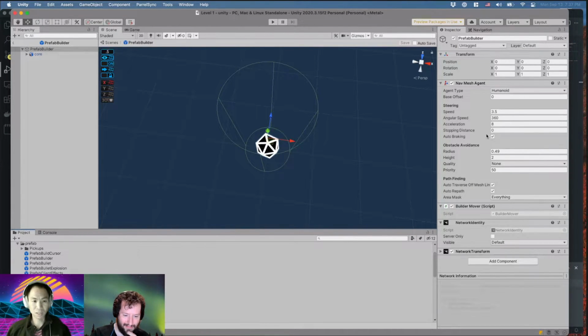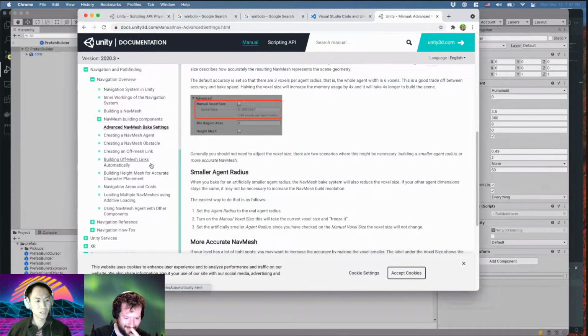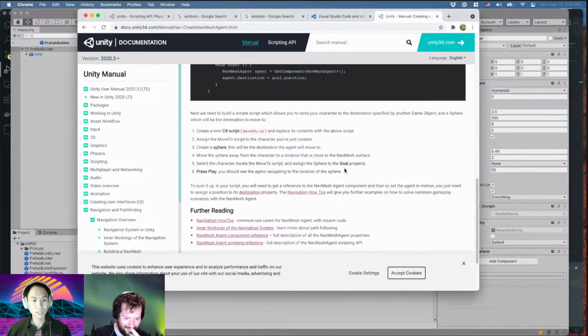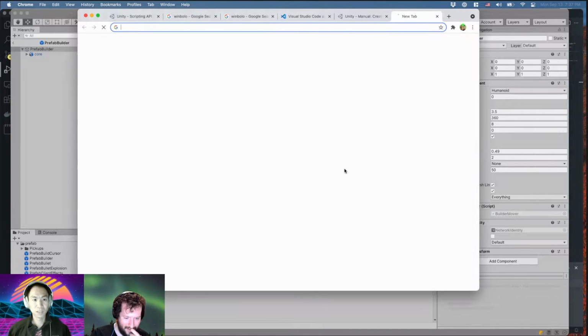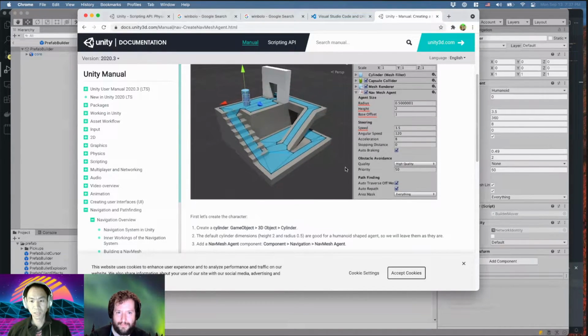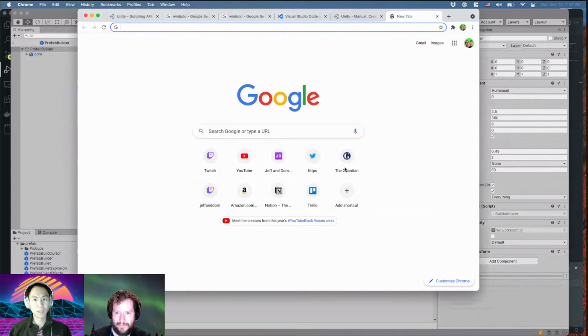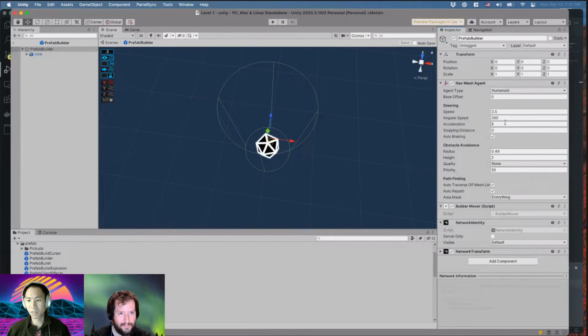All right, let's take a look at the nav agent steering. Oh, I see. Speed is maximum. So yeah, you're right, infinite acceleration. And is there a max speed? There is a speed, right? The speed value is max. So if I just do something really high,